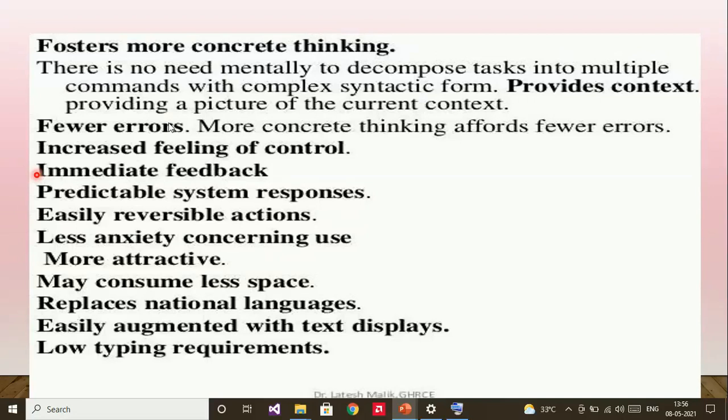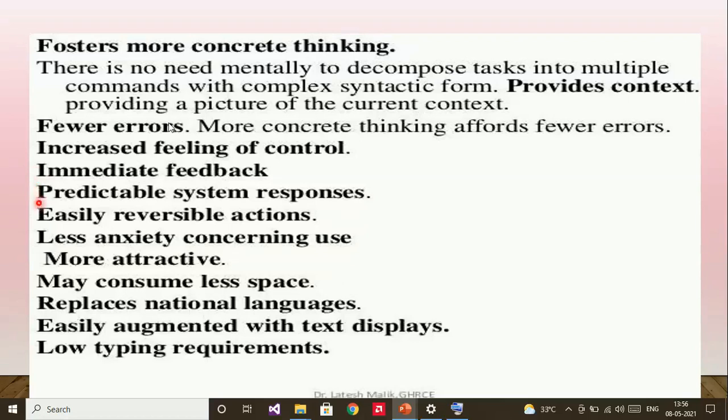The term manipulation itself says that you have complete control on the system. So if you see that you are not going in the desired direction, you can change directions immediately. So you get immediate feedback from the system.